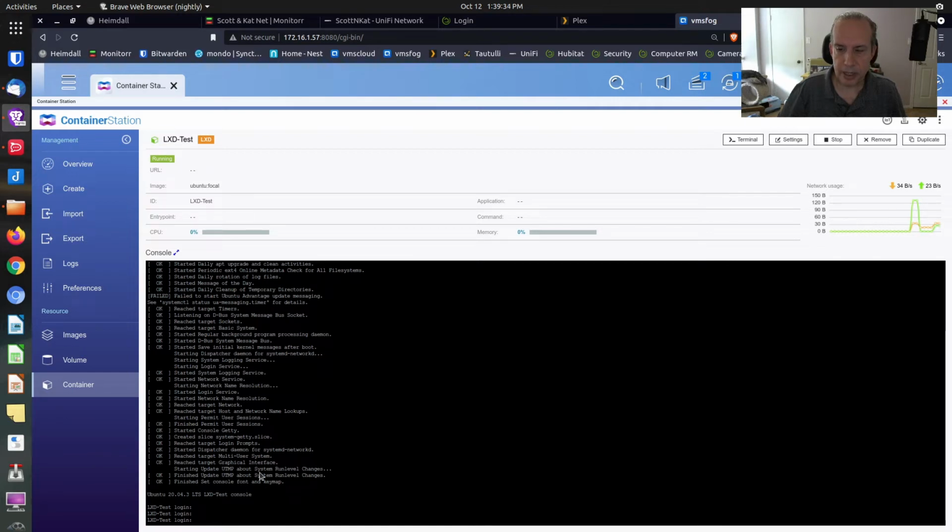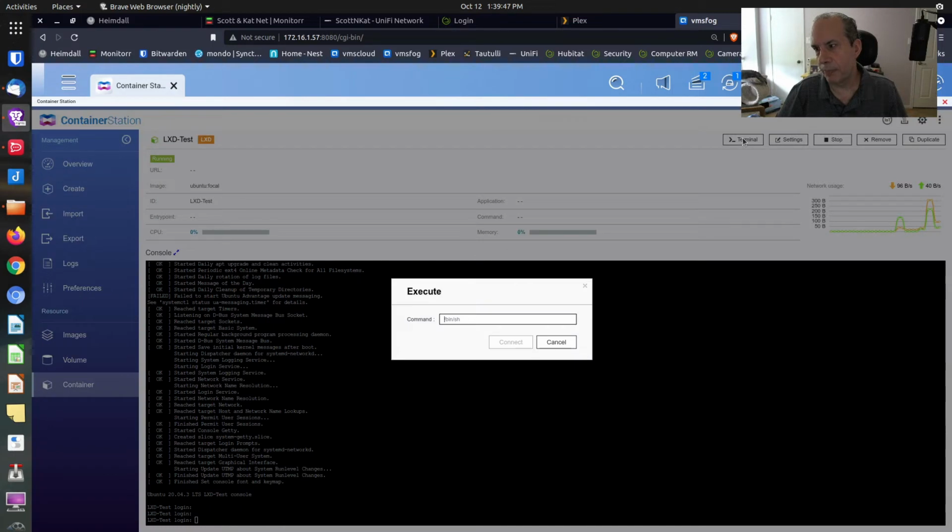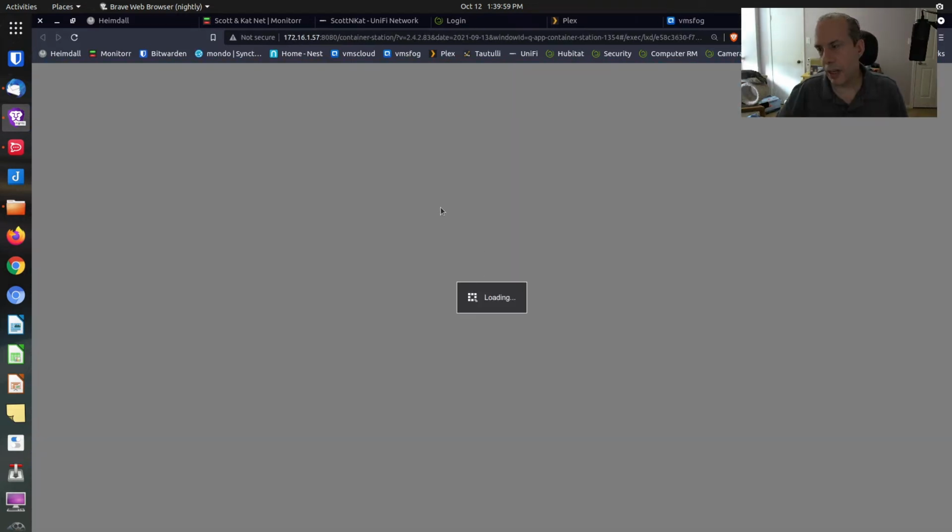And the only correct credentials would be the credentials for whatever a standard LXD container are. And there really aren't any pre-established credentials. So what you have to do is go up here to terminal, and it'll come up with a screen that says execute terminal, and you'll have to go ahead and say launch bin/sh so we can bring up a shell. And then what it does is it opens another tab. And this tab